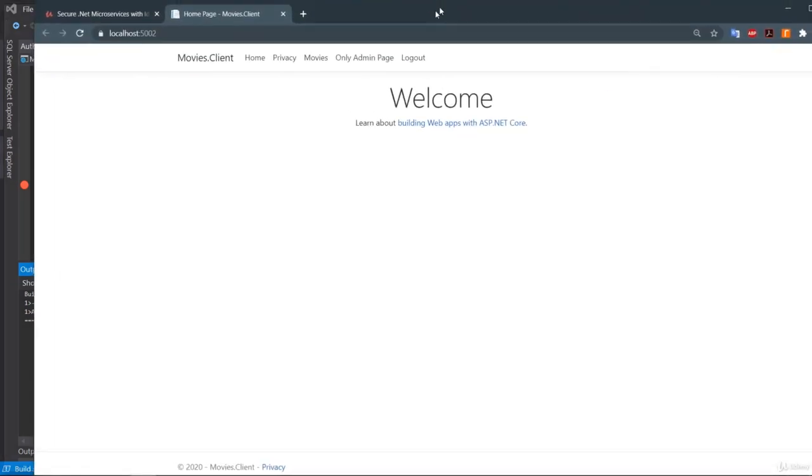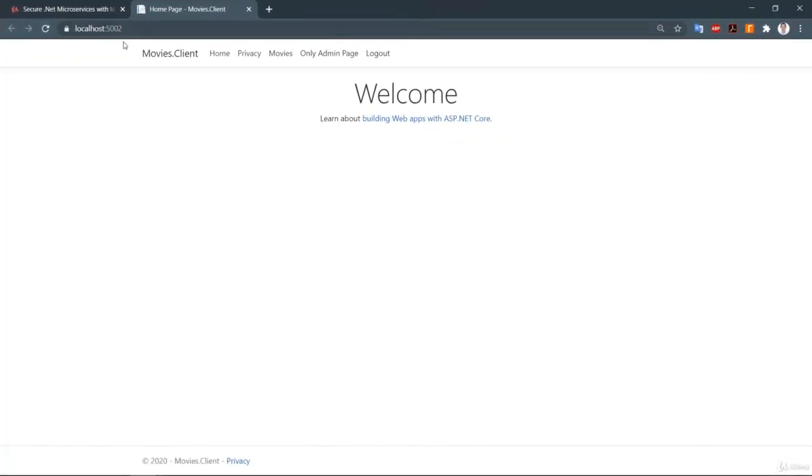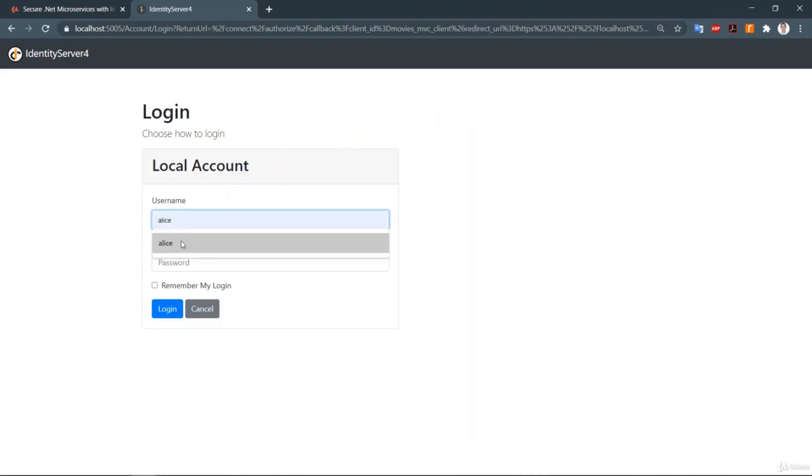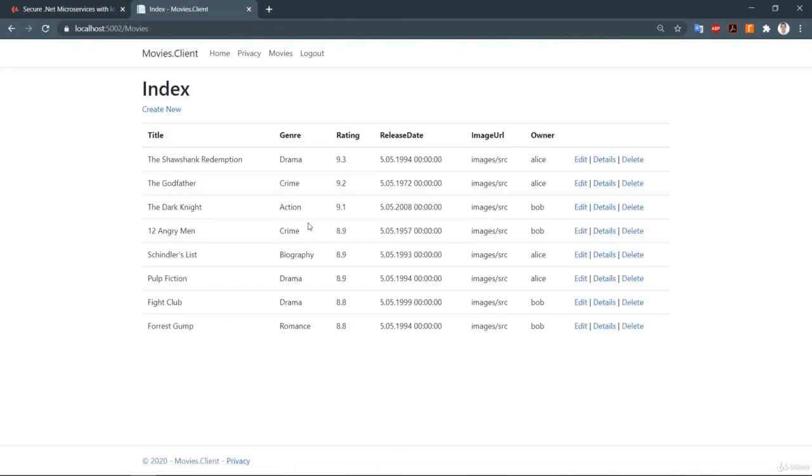So now our API, let me log out, and this is our front-end channel. This is the MVC application. Once I click the movies, I'm logging into the system, and it will get the token, and it will retrieve this information over the API gateway, and everything is working fine now. Very good. We did a great job now.